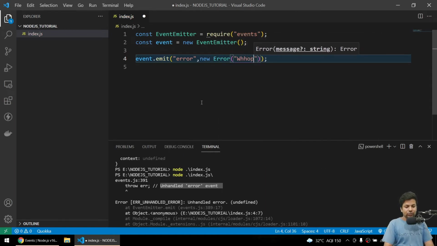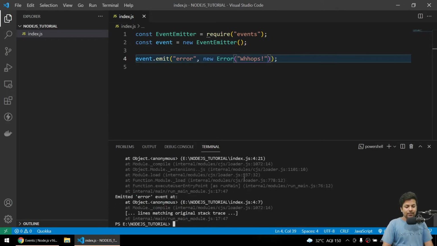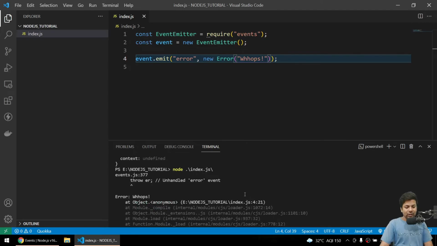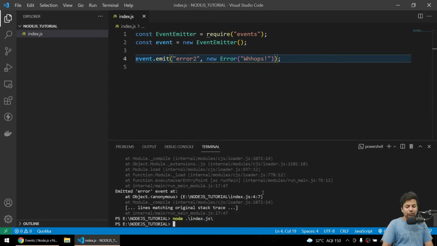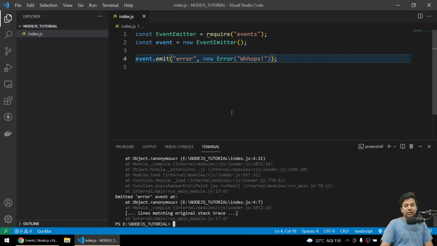You say whoops, like this. Now we got error whoops, so it's showing you the error name, like you have an error whoops. But you can't do this for everything, like if you do error 2 suppose, which is not a keyword, it's not showing you. Okay, but error is a keyword, so when you do it, it just works. But